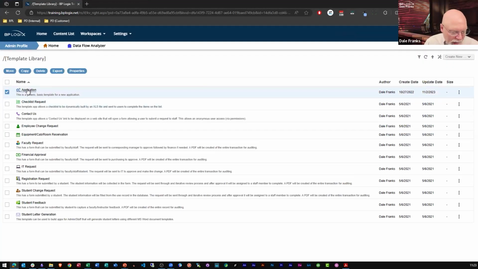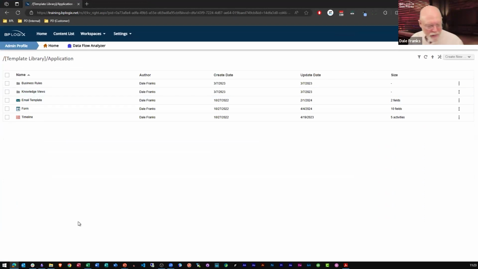Because in the template library, I have, as we've talked about on another occasion or two, an application stub. It already contains my form. It contains a process timeline with a very basic approval loop already built into it. And it contains an email template. They're already hooked together. The design is already complete in terms of the look and feel of the form. The form fields that I want to gather for every form that I submit, submitter, submit date, and request number, they already exist on the form. They're already configured to be filled out automatically. All of this initial configuration that I would normally do on a form is already done for me.